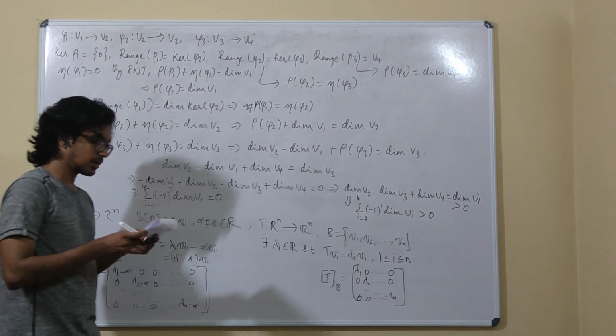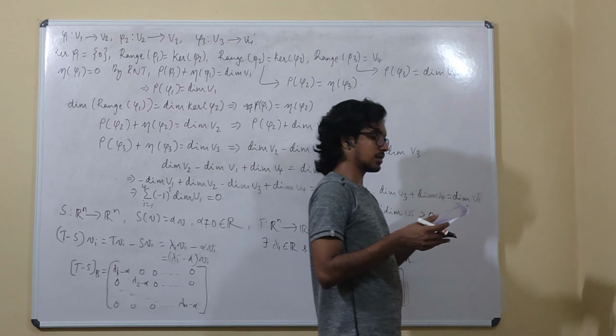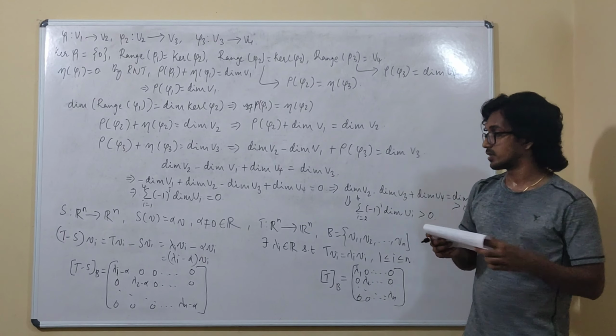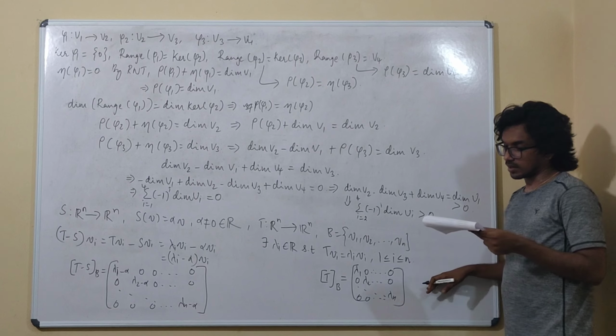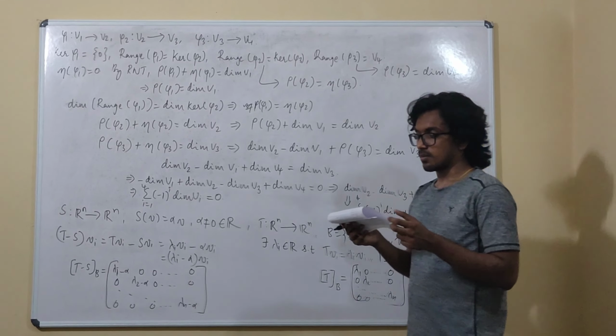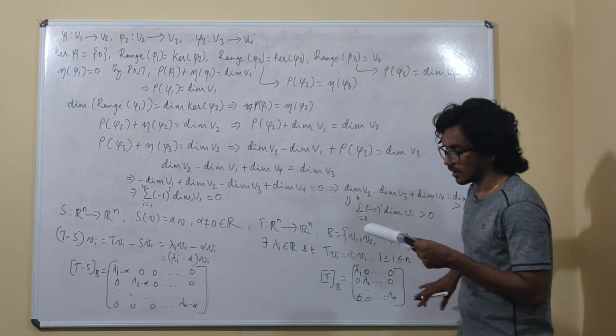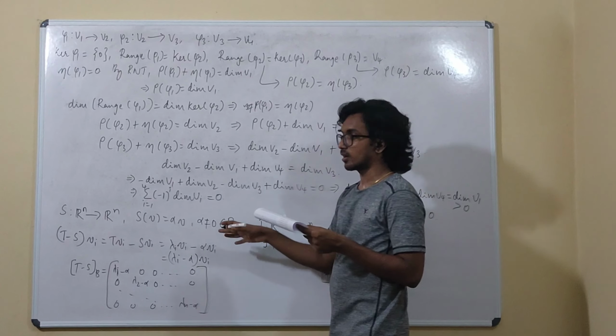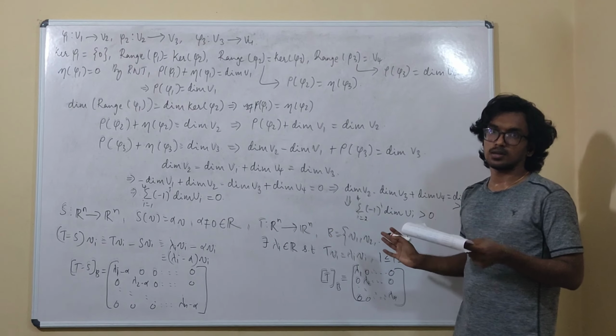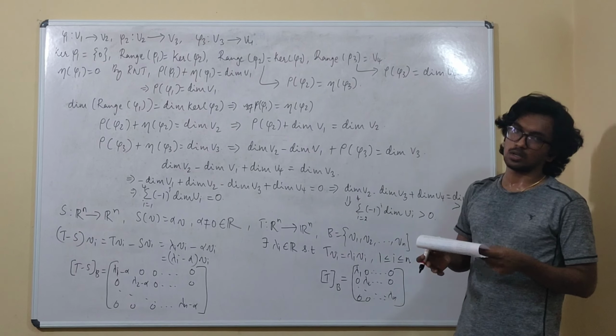Again for this we are getting a diagonal matrix, right? Option 3 says that the matrix of T with respect to B is not necessarily diagonal. No, we are getting it to be diagonal. And the matrix of T with respect to B is diagonal, but the matrix of T minus S with respect to B is not diagonal. No, we get both are diagonal. Hence, options 1 and 2 are true. Thank you.